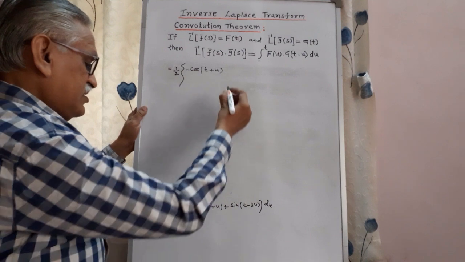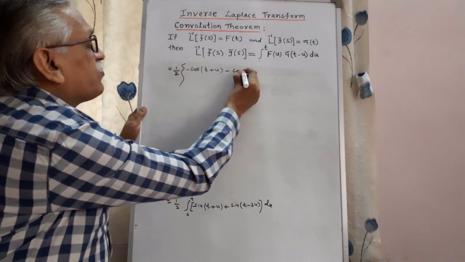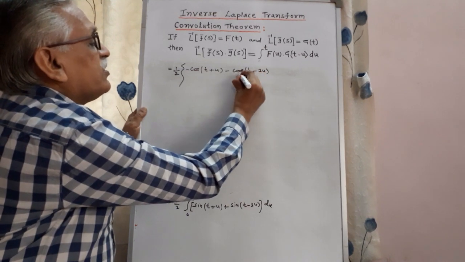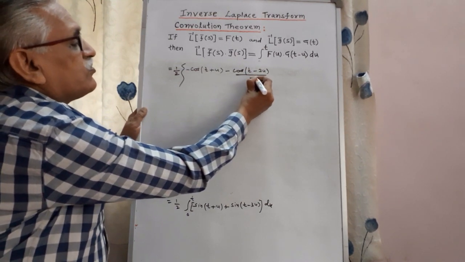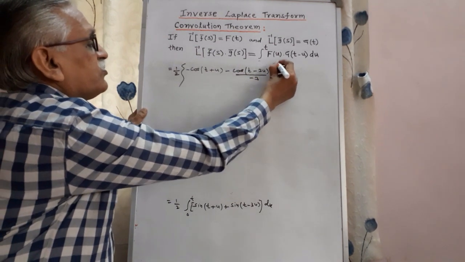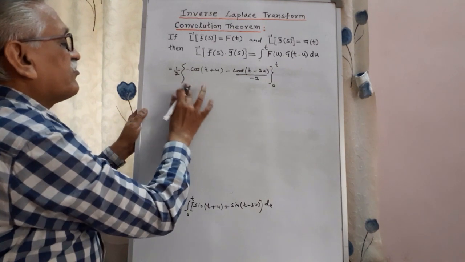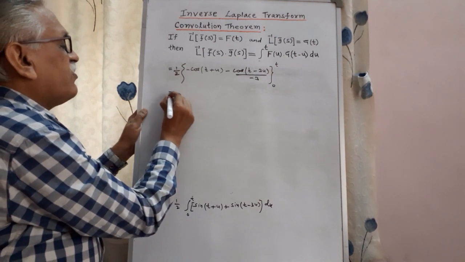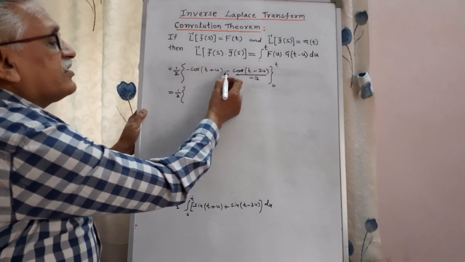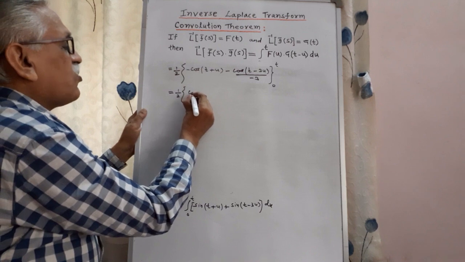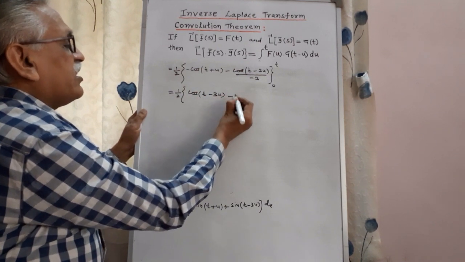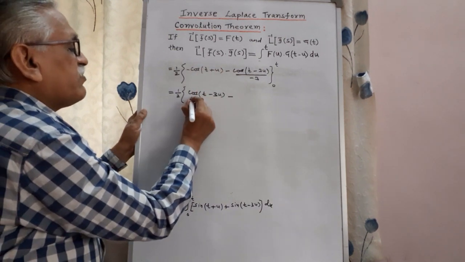Integration of the second term, sine, is again minus cos of t minus 3u divided by coefficient of u, minus 3, and the limits from 0 to t. Okay, and therefore 1 by 2, rewrite it, this minus minus will become plus, it is cos of t minus 3u divided by 3